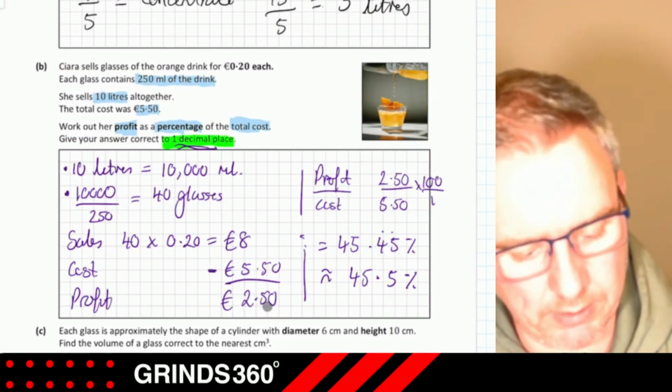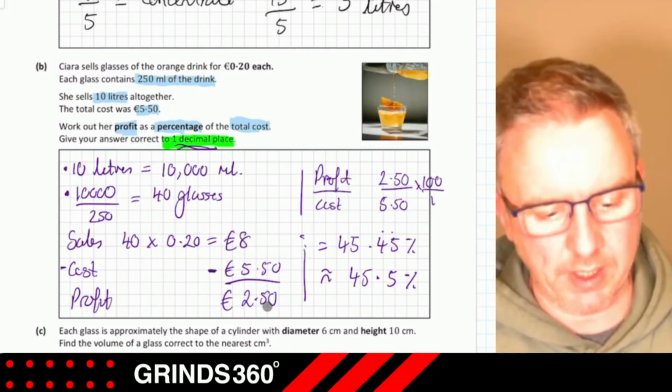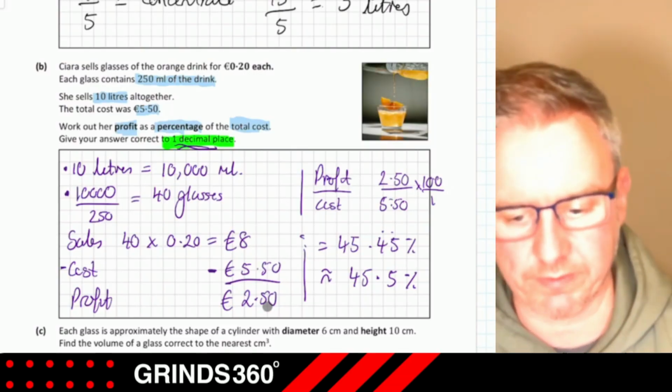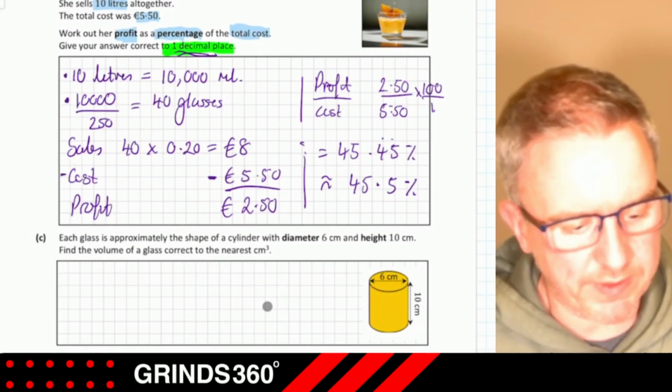So you're subtracting. All right. So the sales minus the cost is always going to give you your profit figure. All right, and then take the profit figure and put it over the cost and multiply by 100 over 1. Right. So each glass is